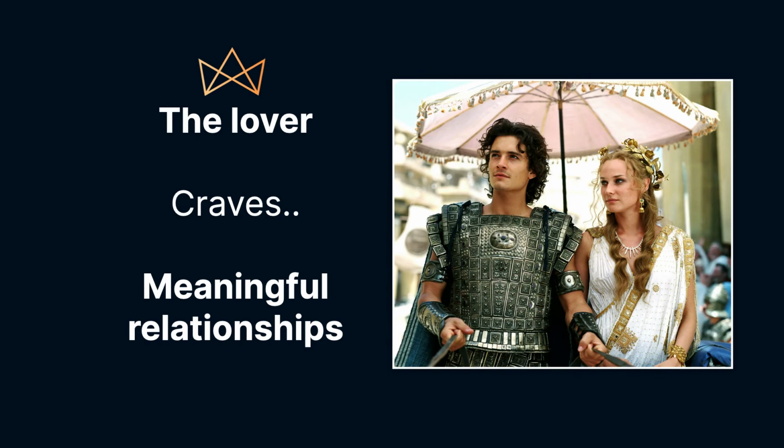Then you have the lover. The lover is all about creating sort of lasting, meaningful relationships. And the example that comes to mind here is Orlando Bloom in Troy. He steals basically Helen of Troy, with her consent, but they get on the boat together and they take her away from where she was, I guess, married to the king. He basically starts an entire war for love. But again, the thing about these archetypes and the core desire is everything else is secondary. They optimize first and foremost for this one thing. So to him, it's worth starting a war if I can get this thing.